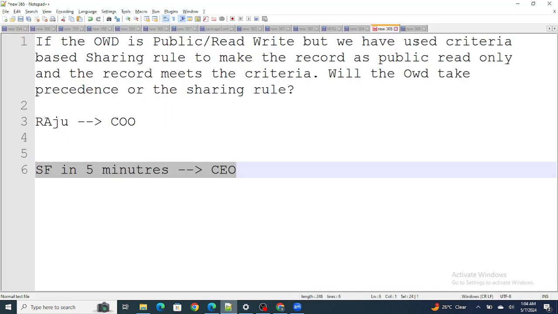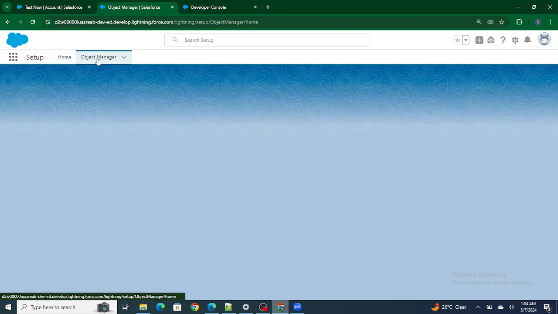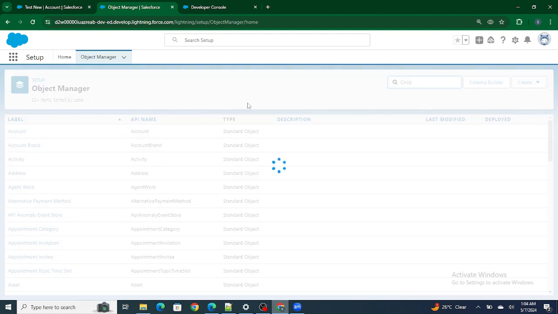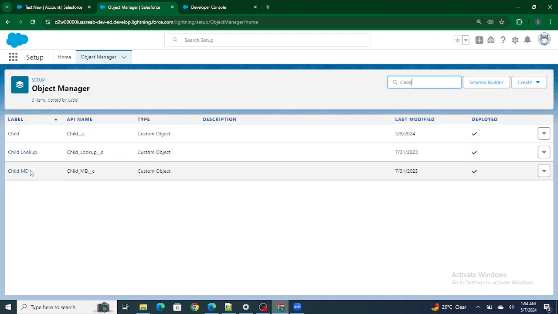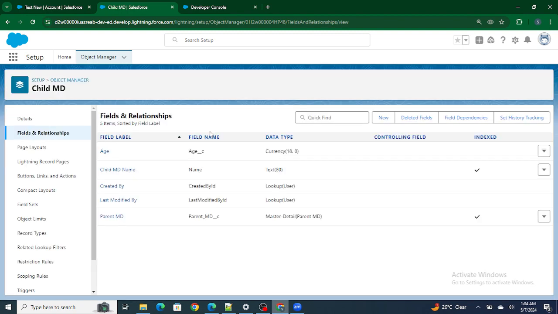So let's move on to the next question: can we use roll-up summary fields in the formula fields? Okay, so let's see, first of all, do we have a roll-up summary field? Yeah, child MD. I have a child MD relationship. So it has a master detail relationship with the parent MD.